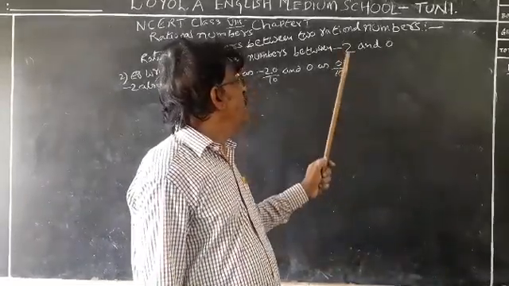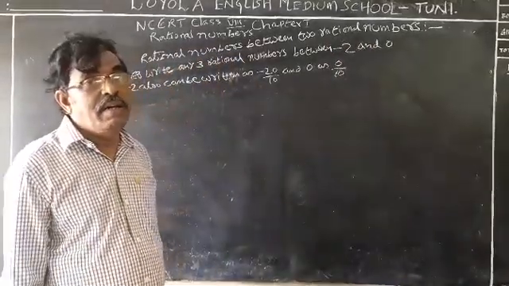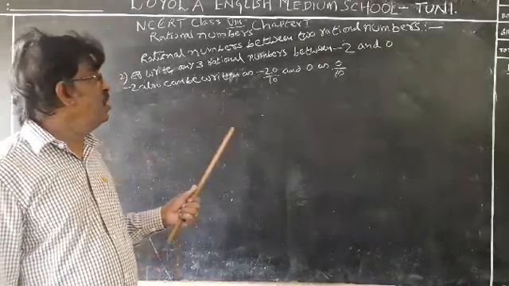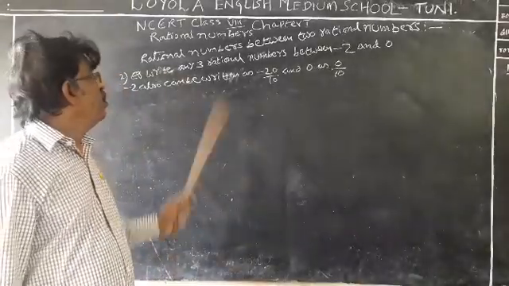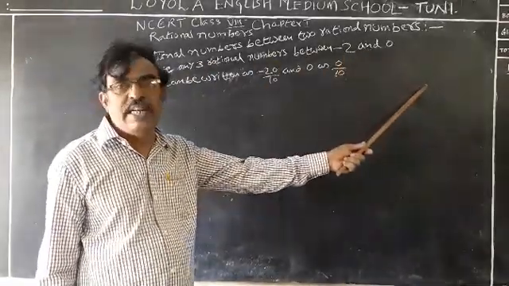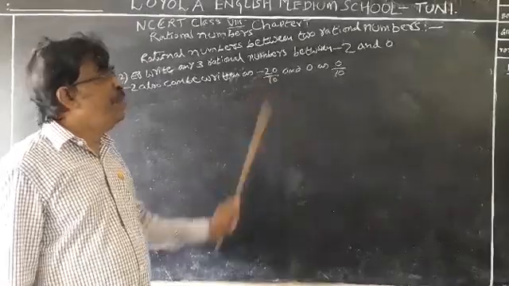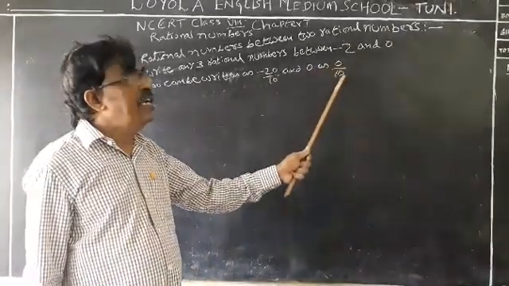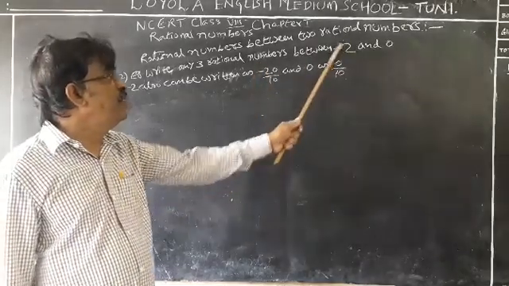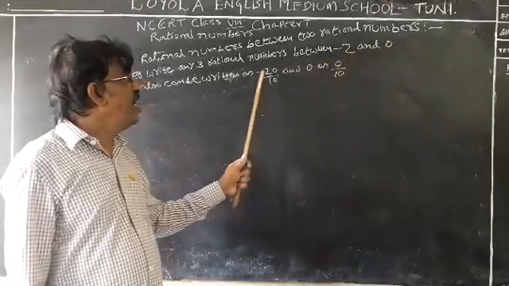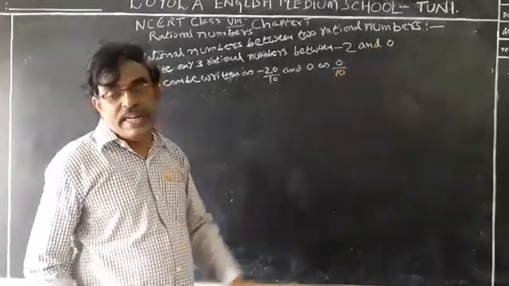So let us change -2 and 0 into the required rational form. How do we find that? I told you already, if they are like fractions, it is easy to write the rational numbers between any two rational numbers. Here, -2 can be written as -20 by 10. 0 can be written as 0 by 10. The value of -20 by 10 is -2, and 0 by 10 becomes 0. Hence we can write -20 by 10 and 0 by 10 as -2 and 0.